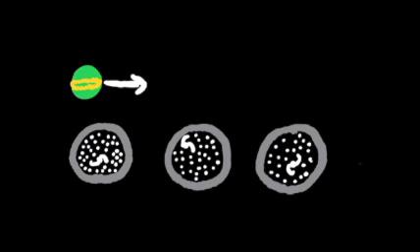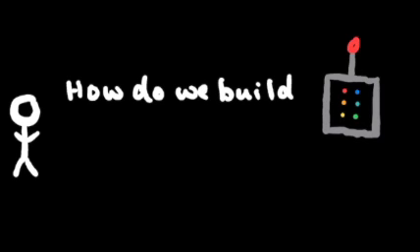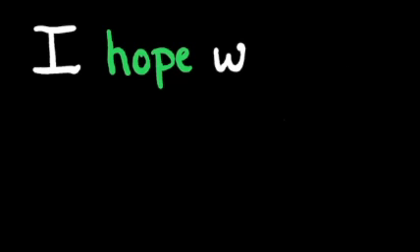The key takeaway is that since gravitons are closed strings, they are not bound to one single universe and can travel freely between universes. Thus, to detect if there is a multiverse, we need some way to detect gravitons coming from other universes. There are three main issues with this. 1. How do we even build something that is able to detect gravitons? 2. How do we know it's coming from another universe? And 3. How do we know that gravitons even exist? Well, I hope someday we find the answers to these questions.